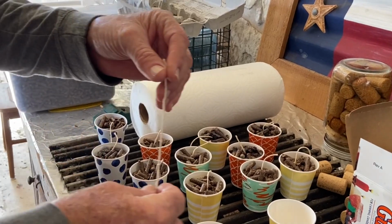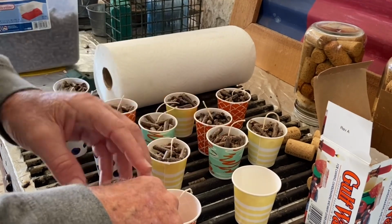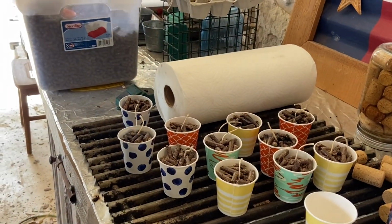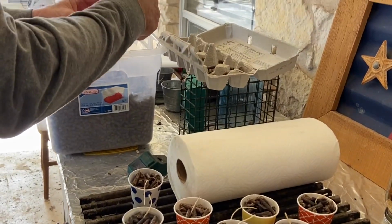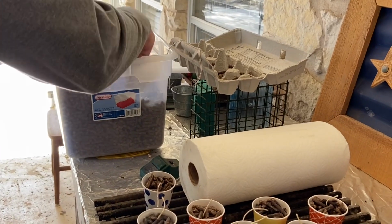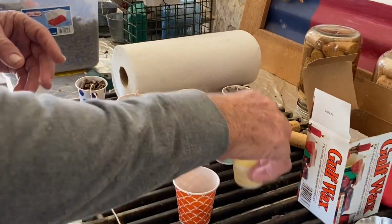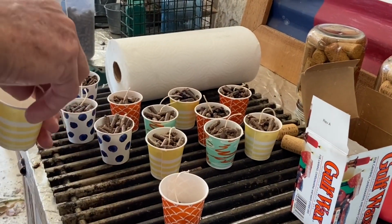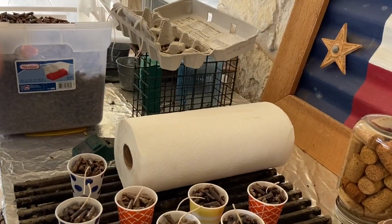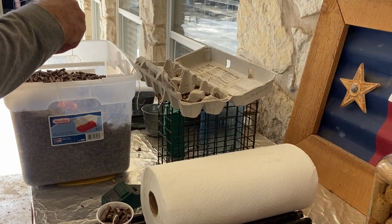So the first thing I do is I tuck a little bit of string in the bottom of the cup, and then to hold the string in place, I take just a few pellets and put the pellets in and try to center the string in the cup with the pellets on top. Set that aside. I'll do another one. Put the string in, let it hang over the edge, add a few pellets, put the string in the middle, let it hang over